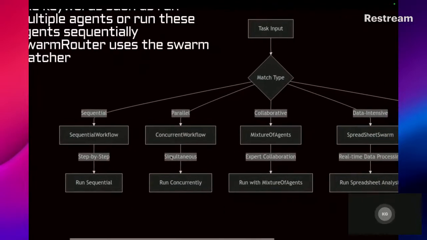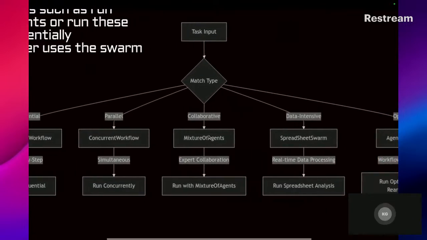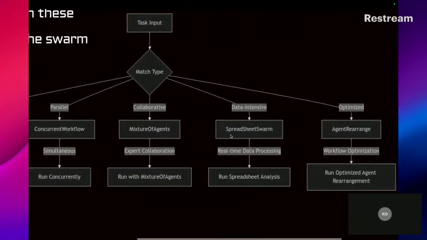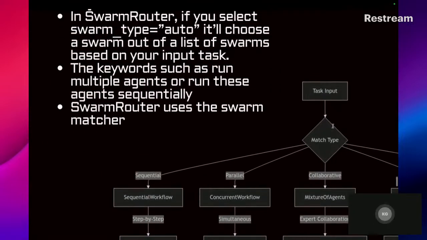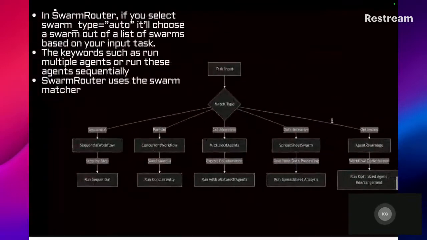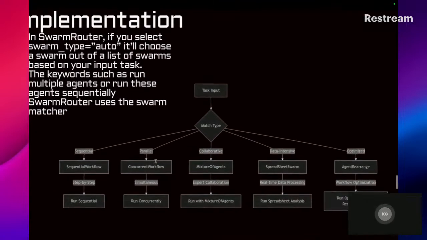We have sequential, we have parallel, concurrent, we have collaborative, which is mixture, we have spreadsheet, and then we have agent rearrange. And so if you say analyze these x-ray diagrams sequentially or concurrently, it'll choose this swarm, and then that'll be the one it runs.